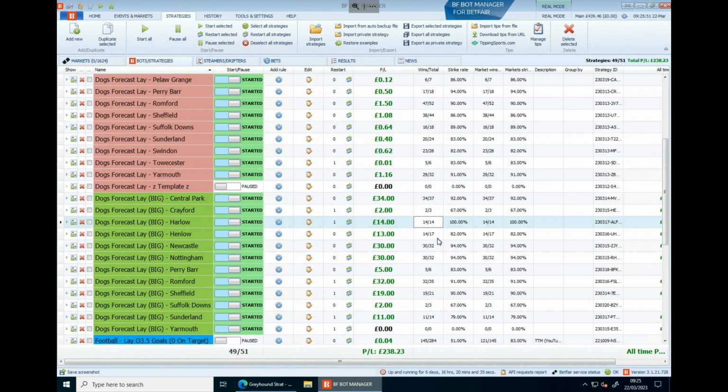Henlow's not great, but I'm not going to be too concerned unless it drops under 80. 14 out of 17 could still do with some more data, because obviously that 14 out of 17 could easily turn into 29 out of 32. Like this next one is 30 out of 32, which is 94%. So if we get another 15 winners in a row at Henlow, then that'll be 29